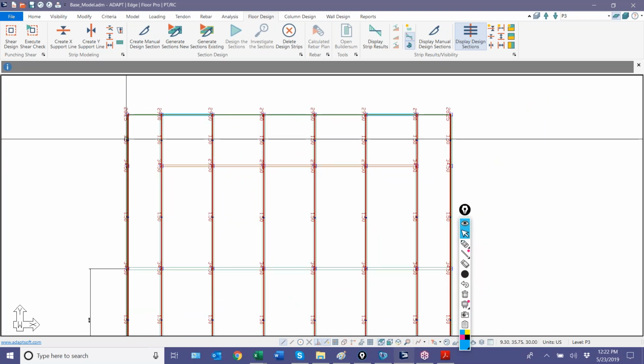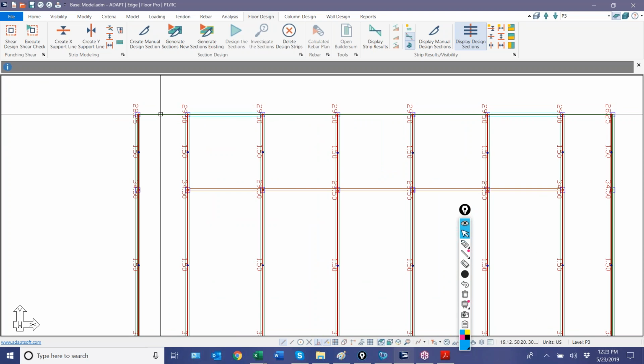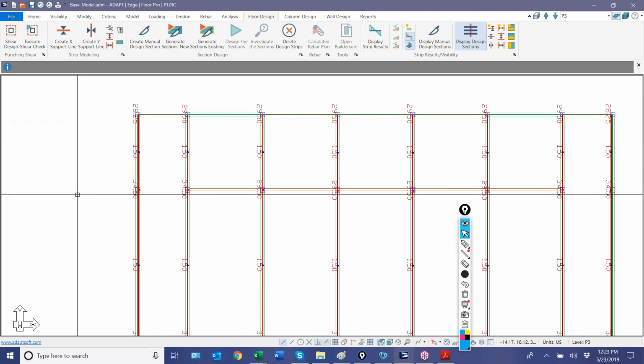So if we take 10 feet times 12, so 120, and we multiply 120 times the slab thickness. I think this is a 7-inch slab. Yeah, it's 7. And let's assume we want a pre-compression of 125. That's 105 kips. So 105 divided by 26.7. We need 4 tendons per 10 feet